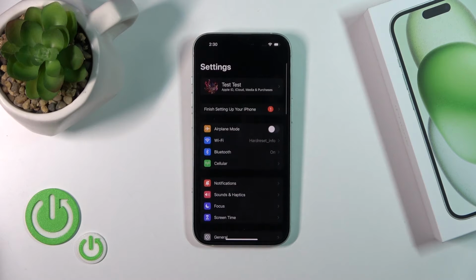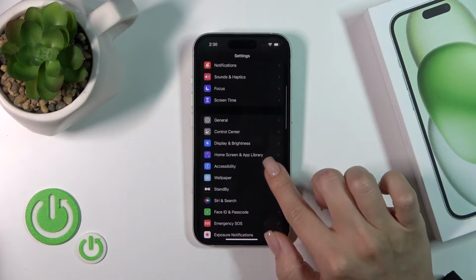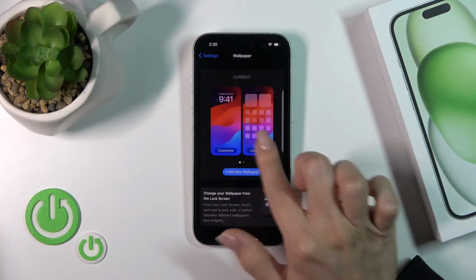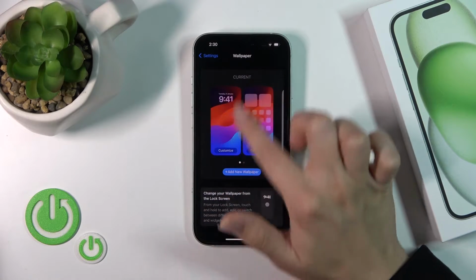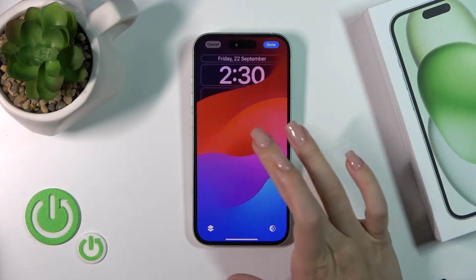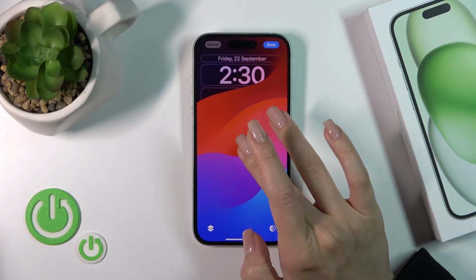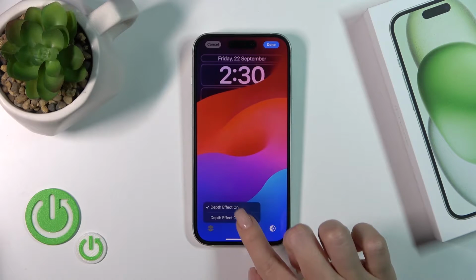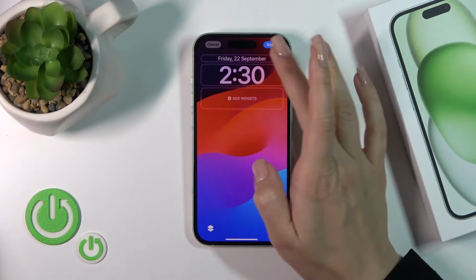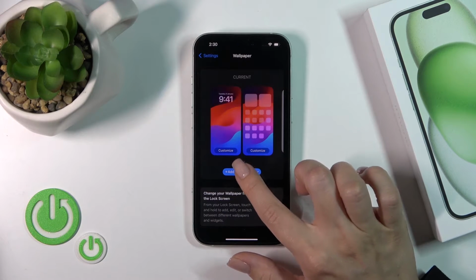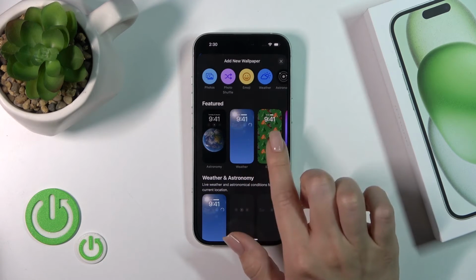You should open first the settings and after that scroll down to the wallpaper section. Here we could see our current wallpapers, the lock screen. Tap here to customize. Okay, you could also add the widgets here. So just to change your wallpaper, you should click here to add new wallpapers and you could use photos from